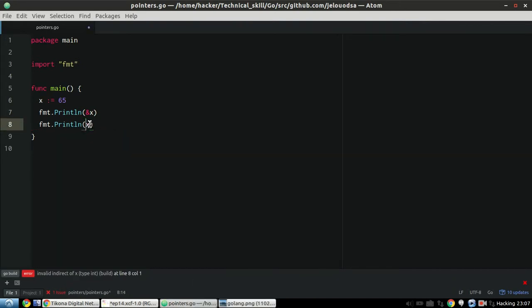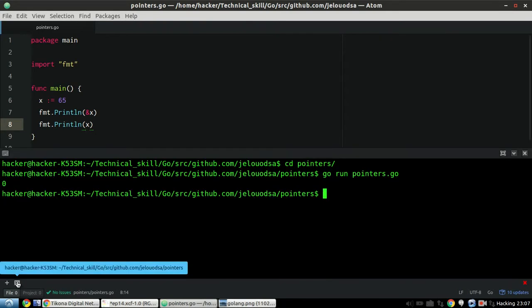We don't need star here, since x is not a pointer. Ampersand x means the address of the memory variable.